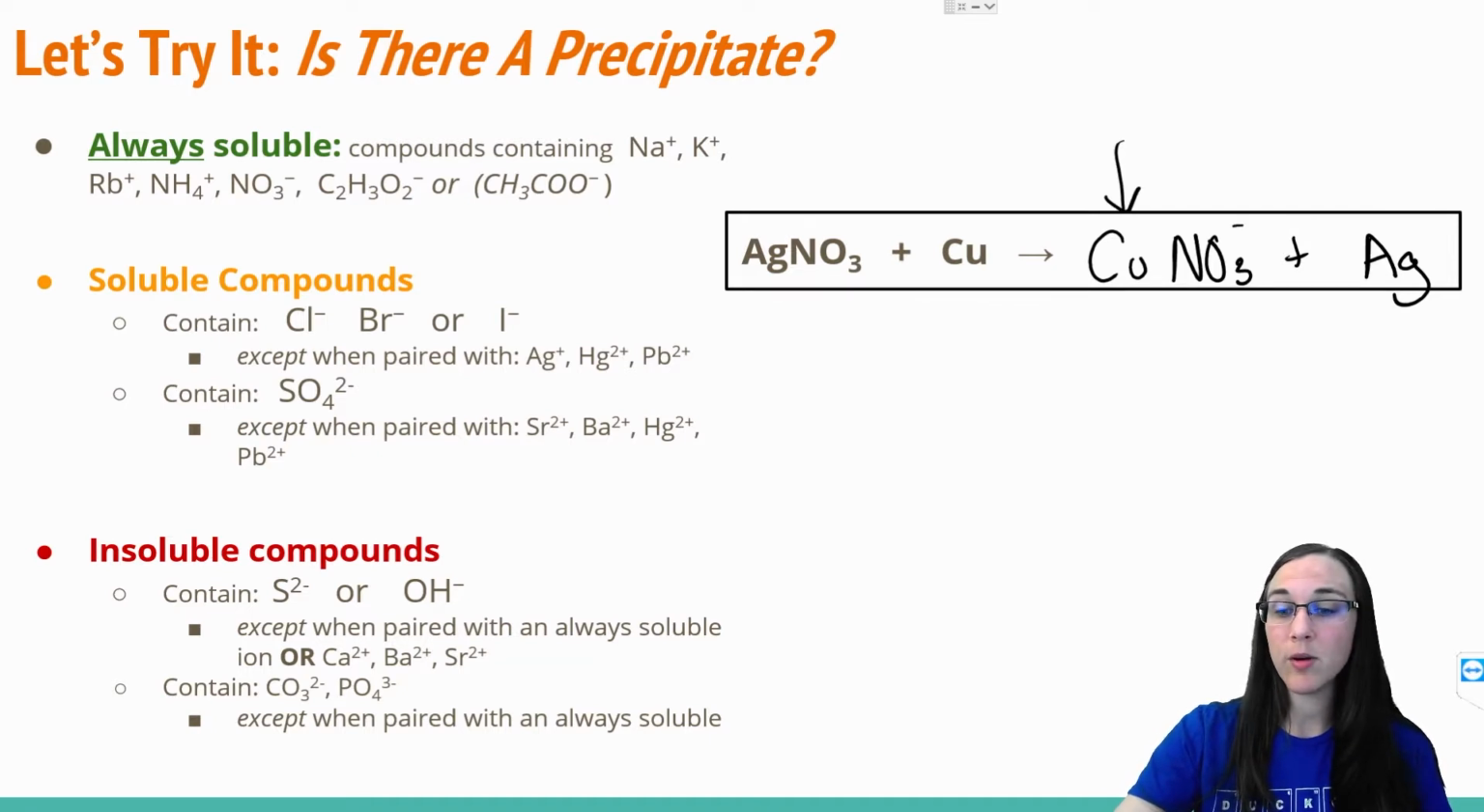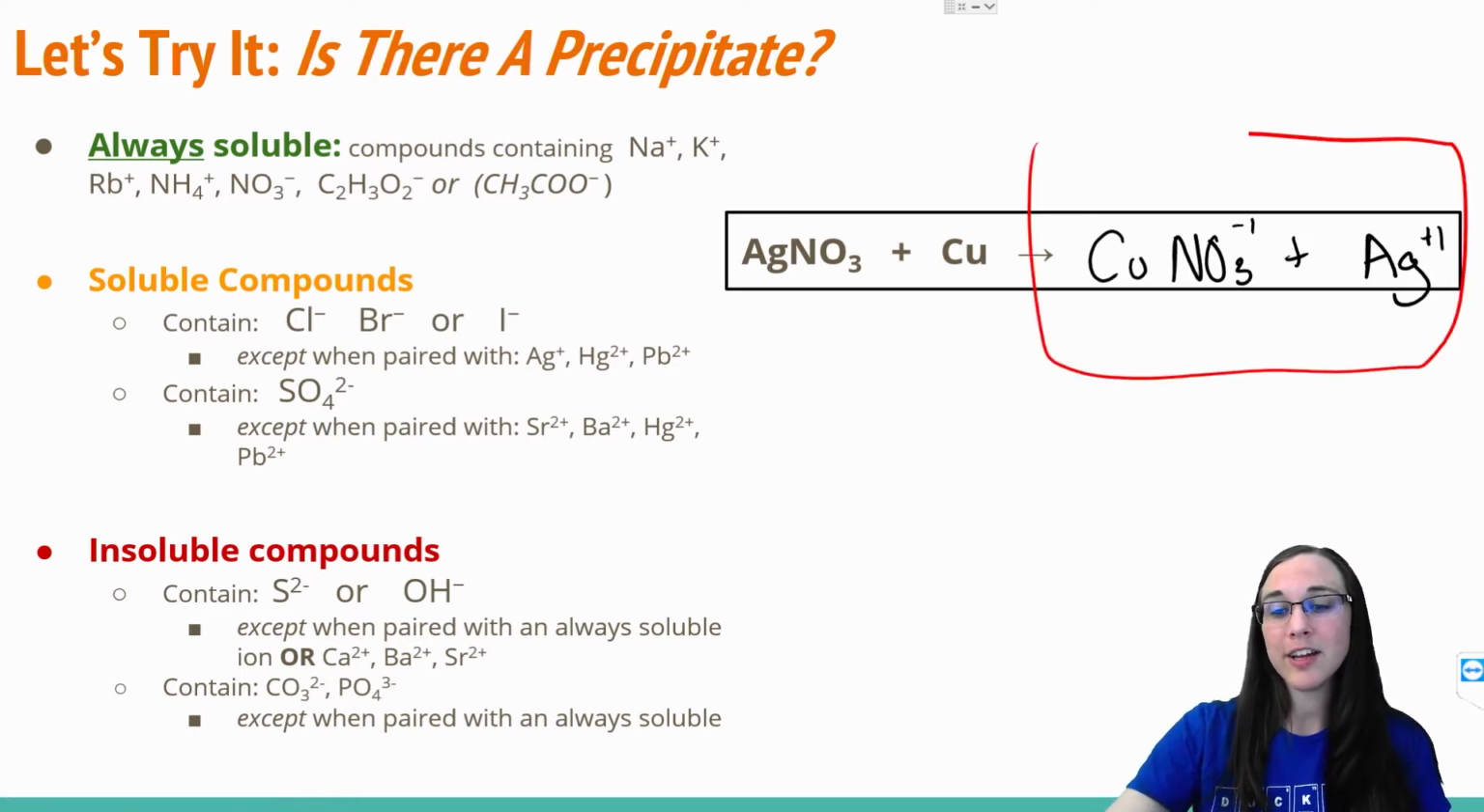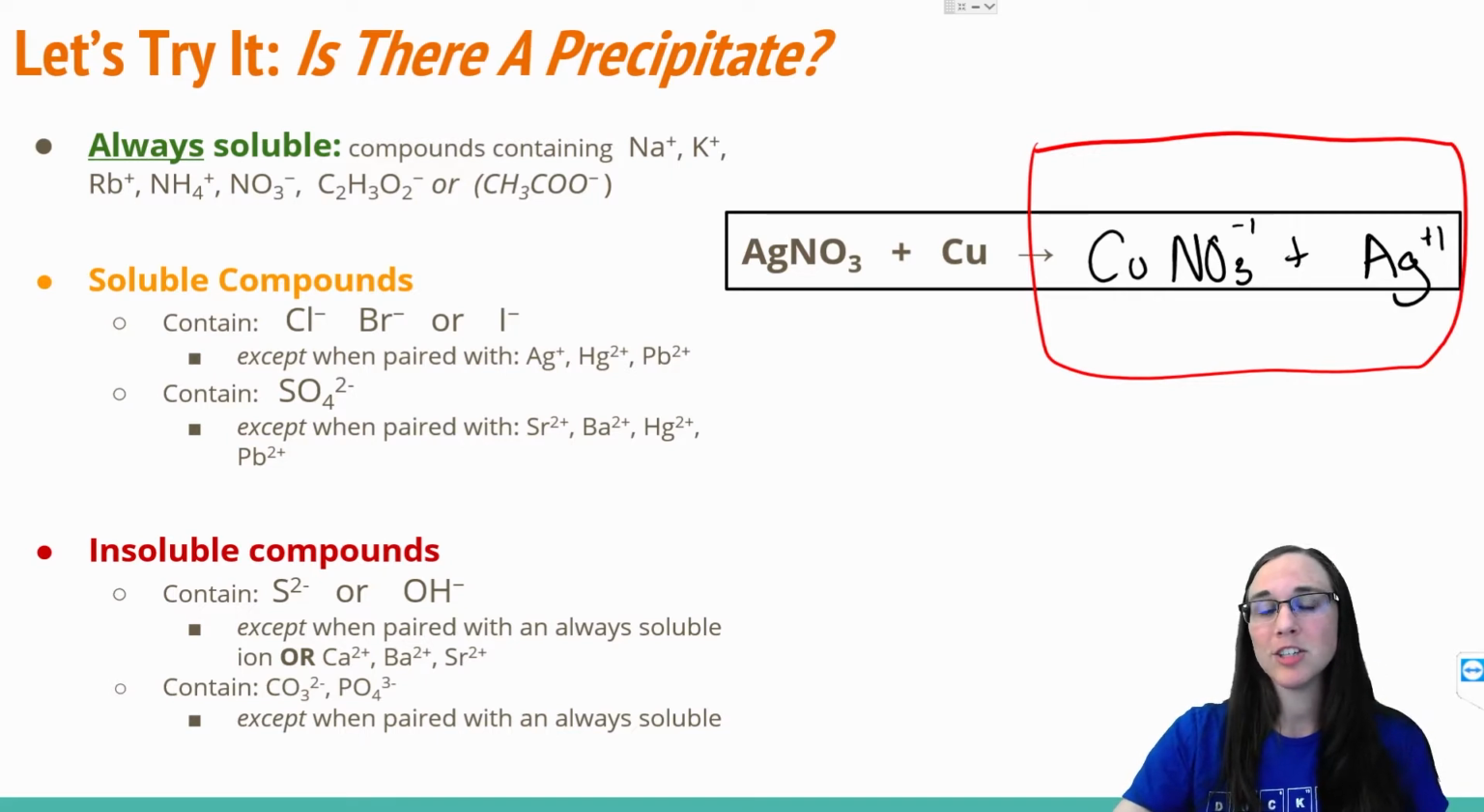We know that nitrate always has a -1 charge, and silver is a +1. However, it's not important for us to know the charges here to determine whether or not there's a precipitate. We want to know if there is a precipitate, i.e. a solid, insoluble product that formed from this chemical reaction. We need to compare our product side, that's the copper nitrate and silver side of the chemical reaction, to our